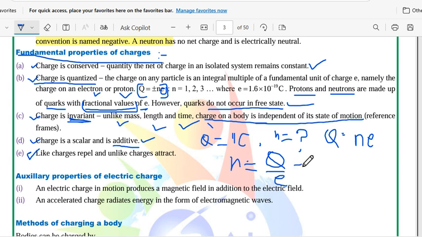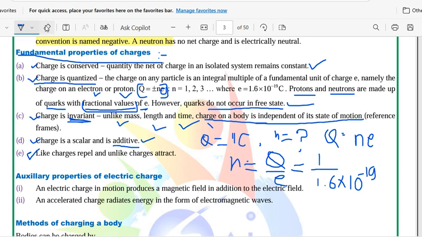Then what is the value of Q? 1 coulomb divided by, what is the value of the charge of an electron? 1.6 into 10 to the power of minus 19 coulomb. Okay, then what is the value of 1 divided by 1.6 into 10 to the power of minus 19 coulomb? It is going to be,